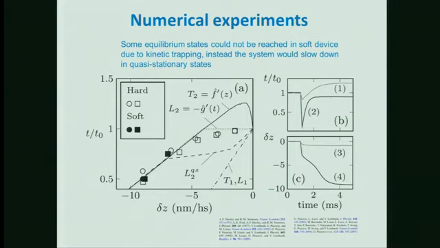They are known in systems with long-range interactions, the presence of these so-called Vlasov states, because Vlasov type of equations with the mean field interaction allow you to reach those states at a faster time scale, and then there is a much slower relaxation to the Gibbs-Boltzmann type of equilibrium that we computed by dealing directly with statistical sums. So this system seemed to be, and that is the reason why in experiment people never see this range. It's called a gap in the muscle literature that you cannot reach